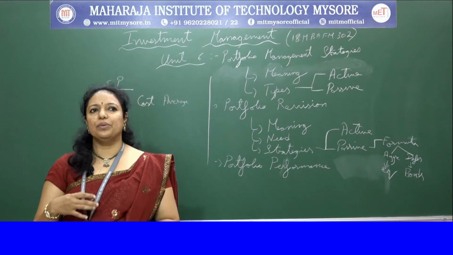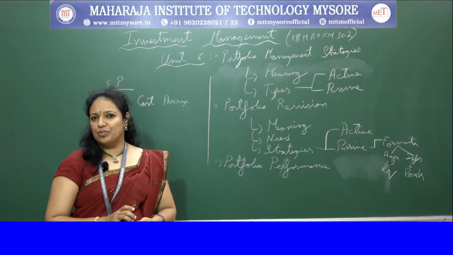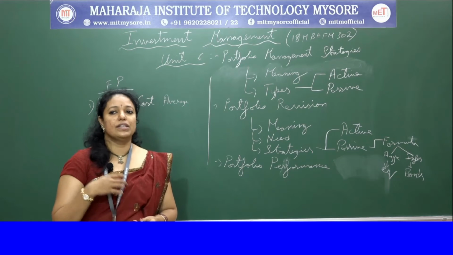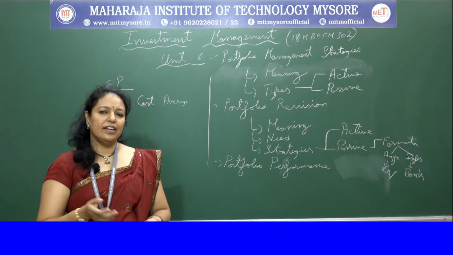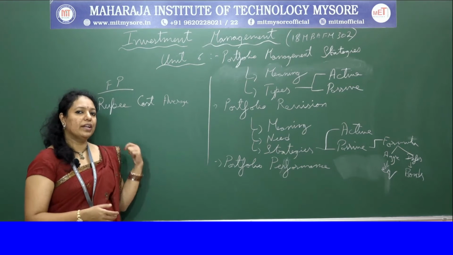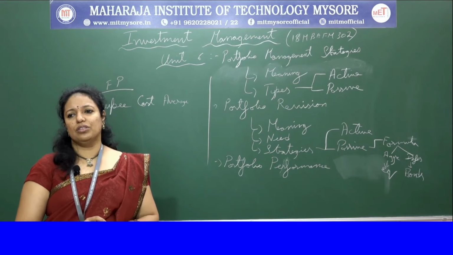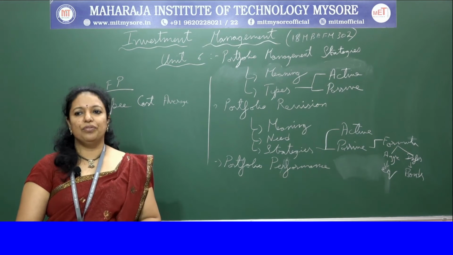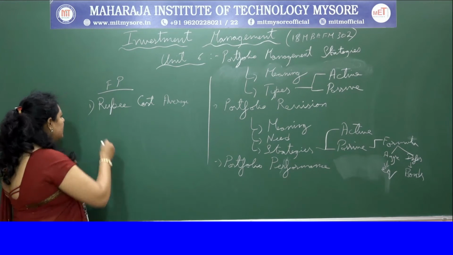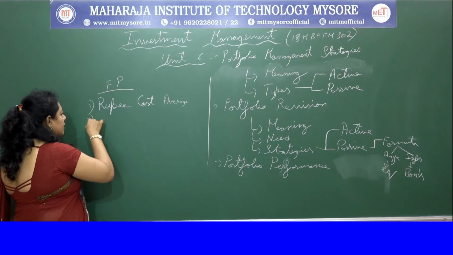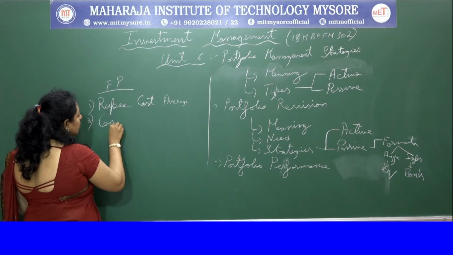It is for the long term, and if there are a lot of fluctuations, then it is more beneficial. It gives importance to the selection of the right quality of stock, and the timing of purchase or sale. That is given more importance in rupee cost averaging. When an investor has no funds but yet wants to build a good investment portfolio, rupee cost averaging is very useful. And the second one, another formula plan, is the constant value plan.